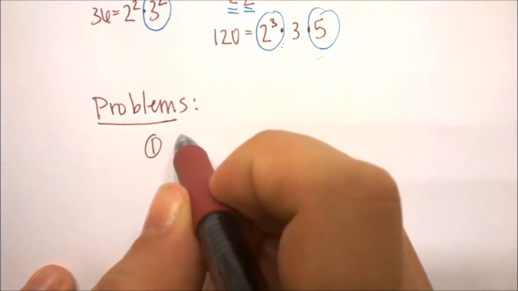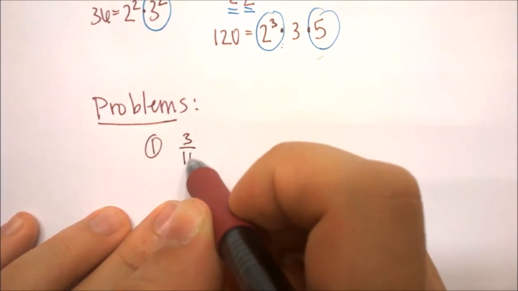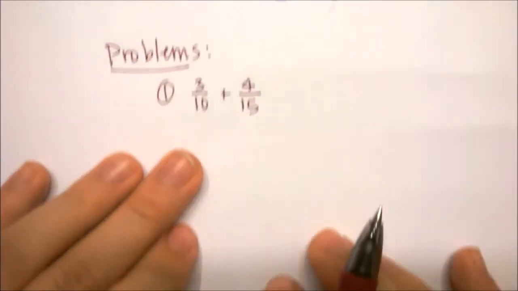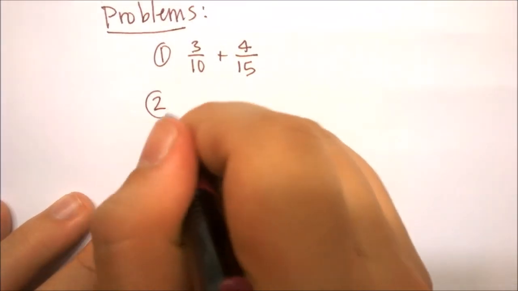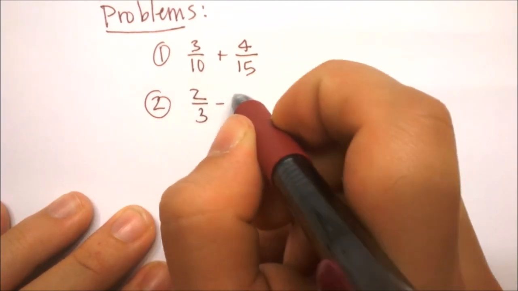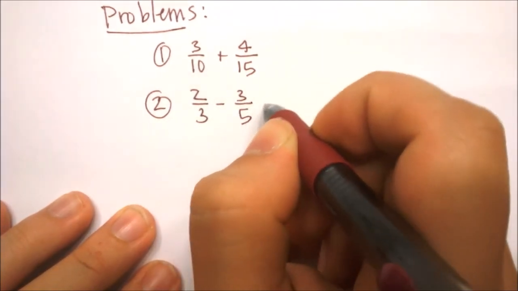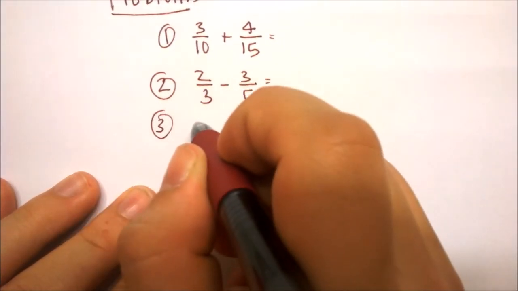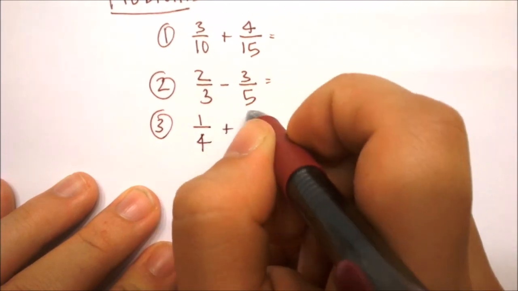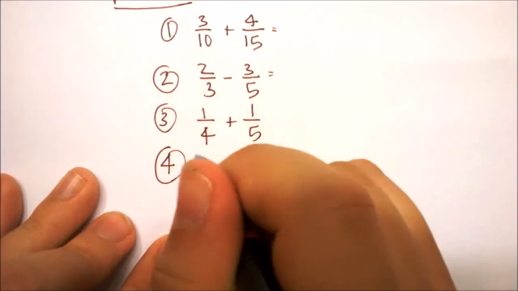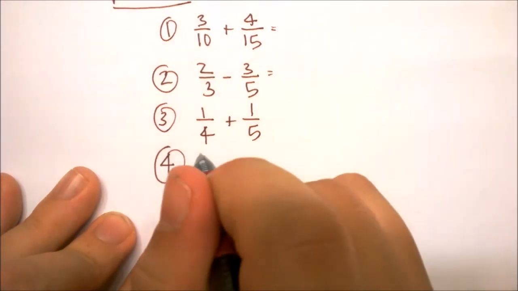First, add 3/10 plus 4/15. Second, subtract 2/3 from 3/5, so 3/5 minus 2/3. Third, 1/4 plus 1/5. And a fourth problem, do 1